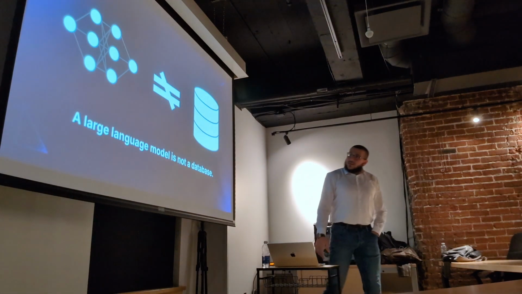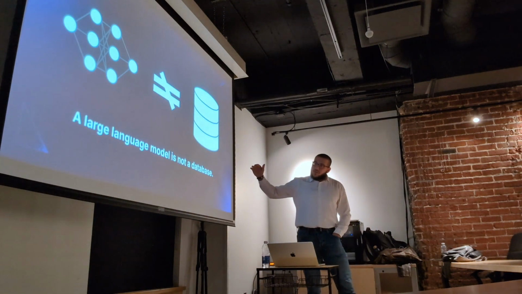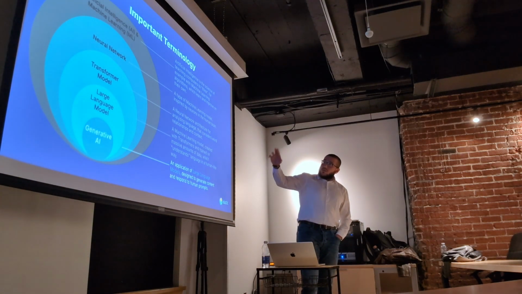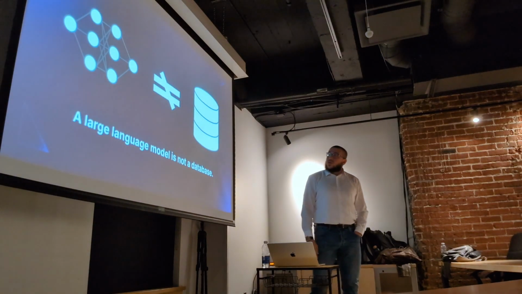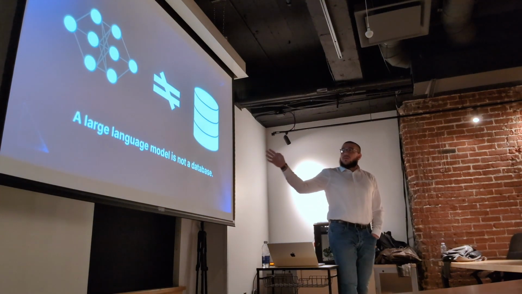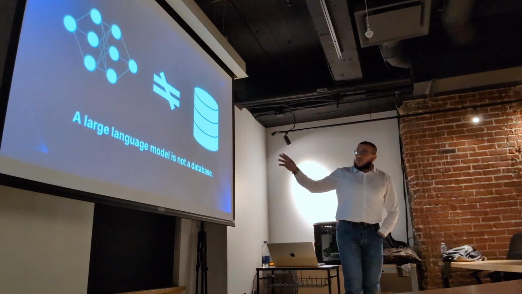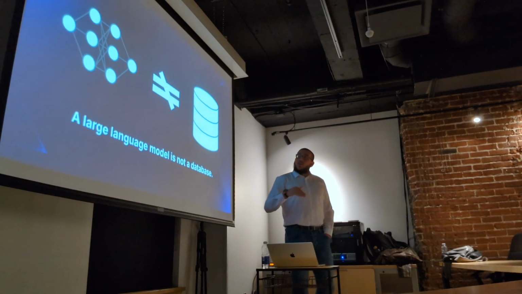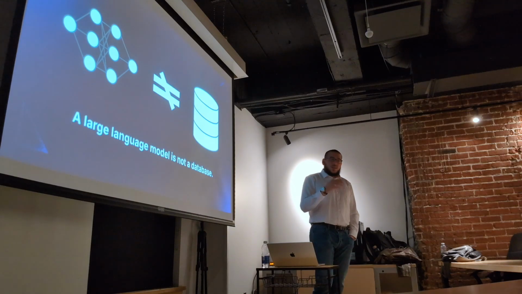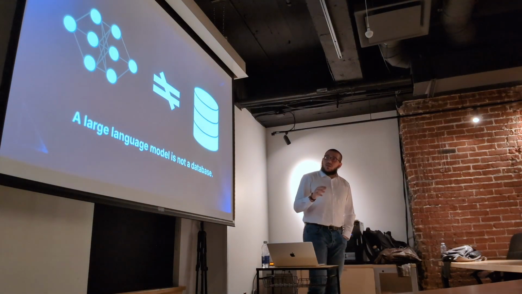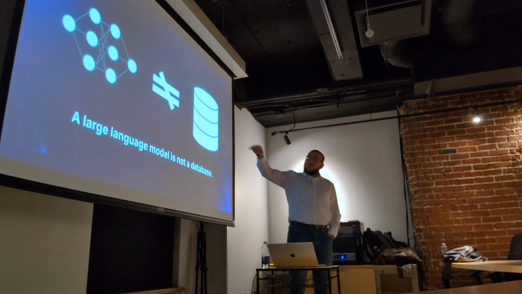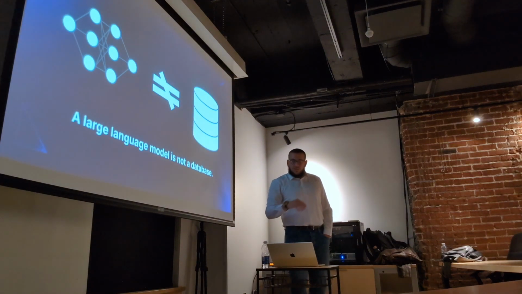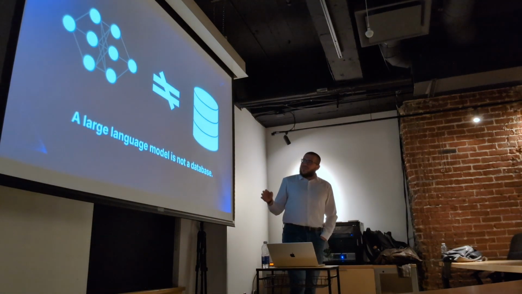Right. Another point: we saw that the LLM is based on the transformer model, and the transformer model is based on the neural network. So basically, the LLM is not a database. If we have an LLM and we ask a question today, and ask the same question 1 month, 1 week, or 10 days after, we will get different results. Why? Because the neurons keep creating connectors, and they will give a better result, which is not the case for a database. If you ask a question, for sure, if you did not change the database, you will get the same answer.